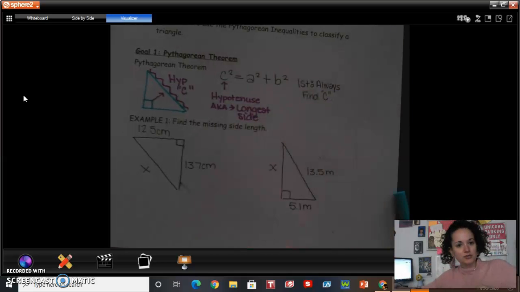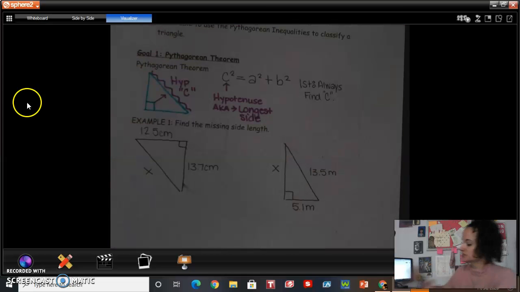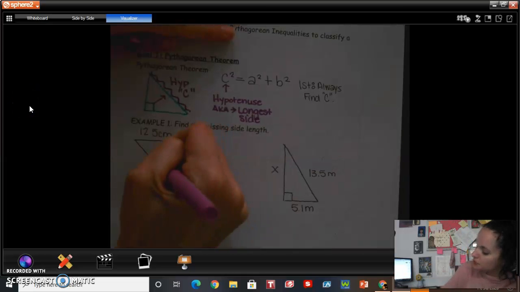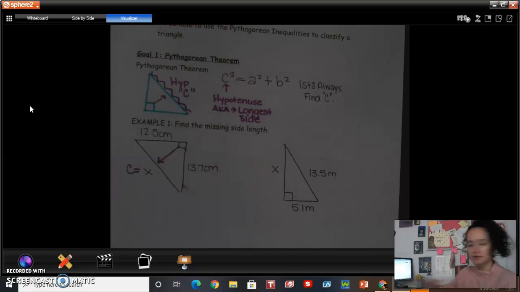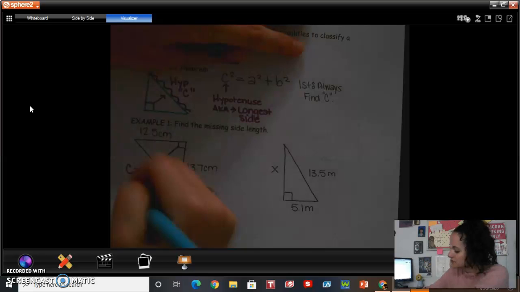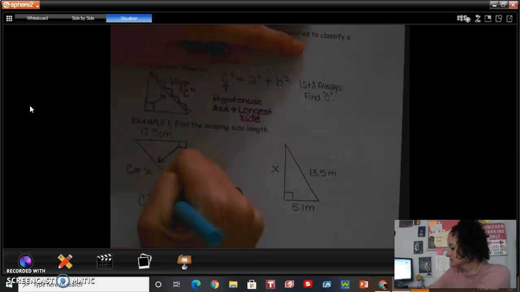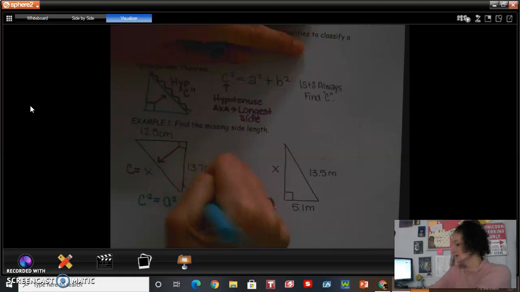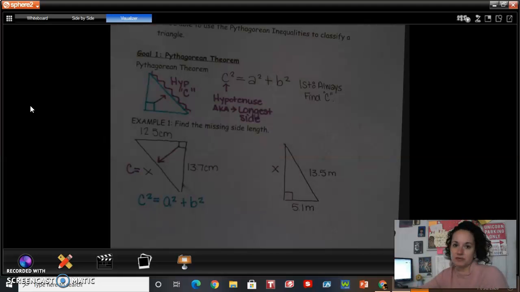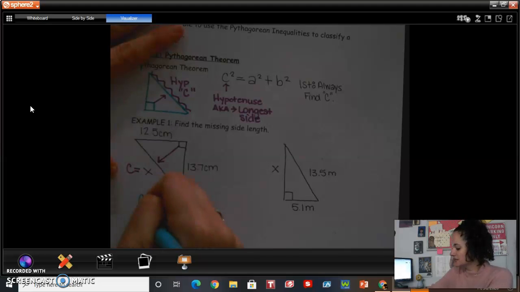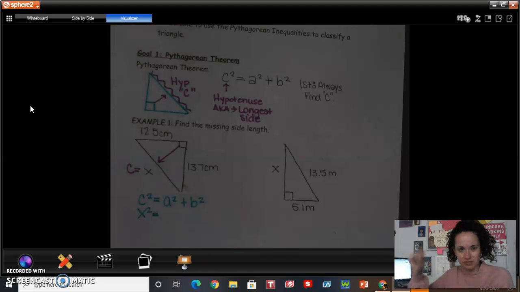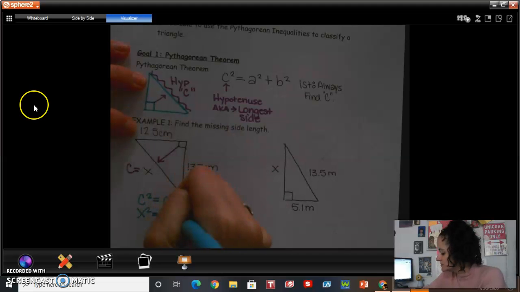Now, the first thing you always want to do is identify your hypotenuse. So I'm going to go across from my box, and I know that this right here is c. If I were to write my formula, we have c squared equals a squared plus b squared. It doesn't matter which one you make a or which one you make b. The important thing here is c. So we notice in our example that c is x. So I can say x squared equals, and then I'm just going to take the other two and plug them in for a and b. So 12.5 squared plus